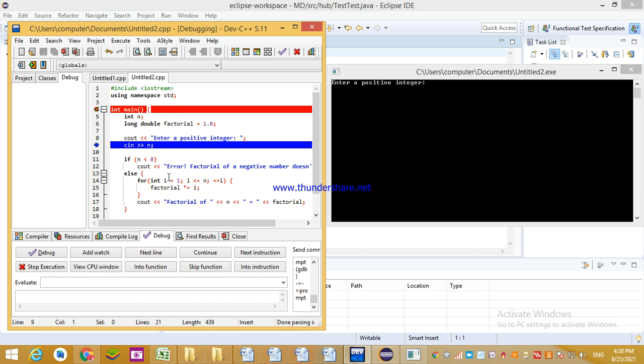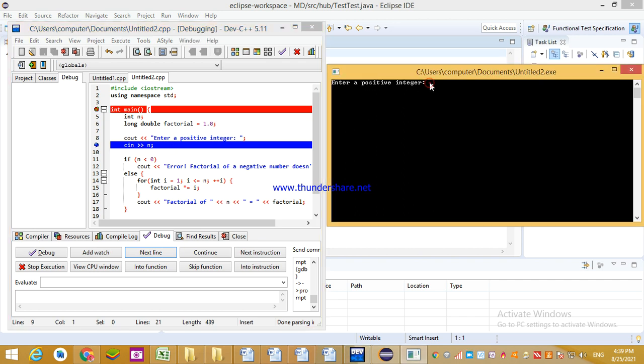Then I am going to click on next line here. Is there anything different that happened? No. Again I am clicking next. Is there anything different that happened? No. Here also and here also. Alright? It means the control is not going in any direction. It is stuck over here. We have to put the value over here, and then the control will go to the next line.